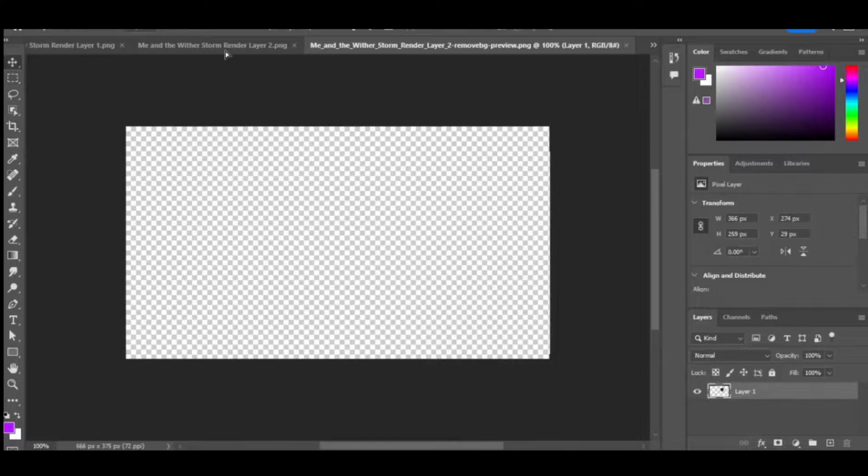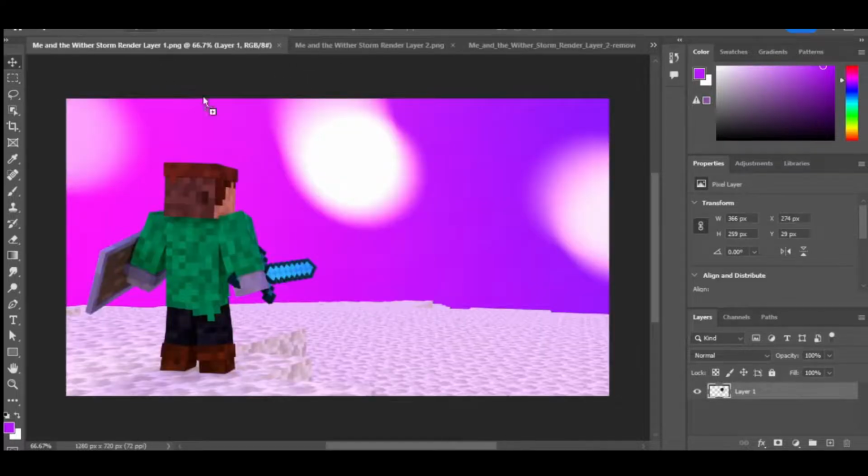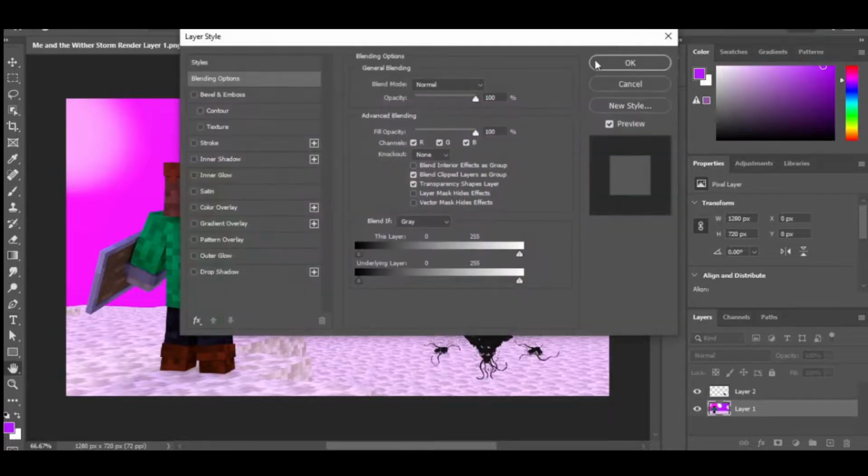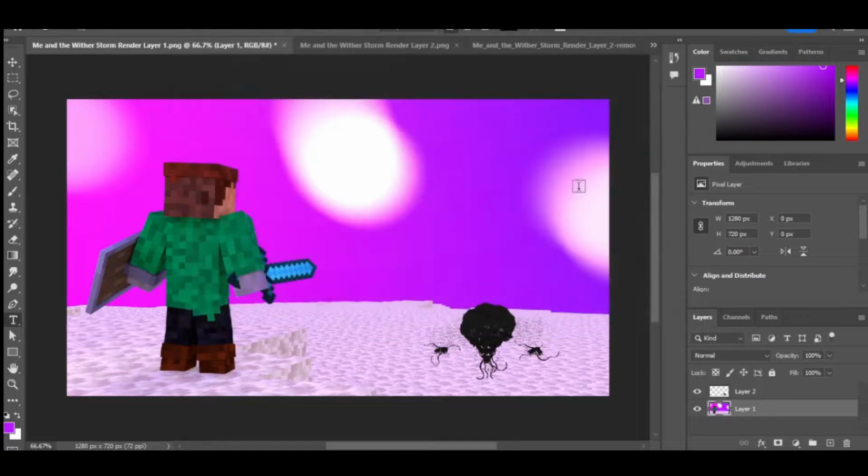And thankfully, since my background was all just white or whatever, it just immediately got rid of that background, and there were a few little issues, but you can't really notice them. So I was just like, yay! And then I just slapped that into the same layer as my original foreground shot. And in my opinion, it looked bad, but that's just because the lighting wasn't matched, and I will fix that.